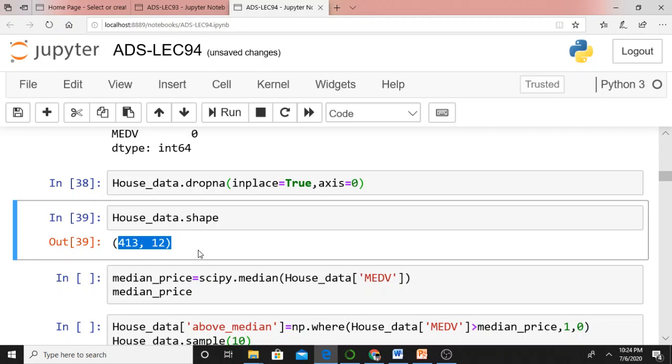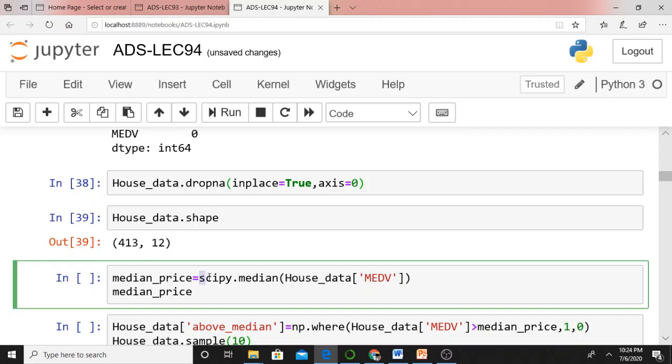I will now use the scipy median function to calculate the median price of a home in our data set. Just see, scipy.median, house_data is my data frame name, MEDV is my column name. Median value means value of the house.